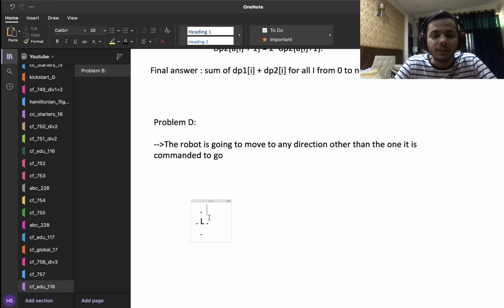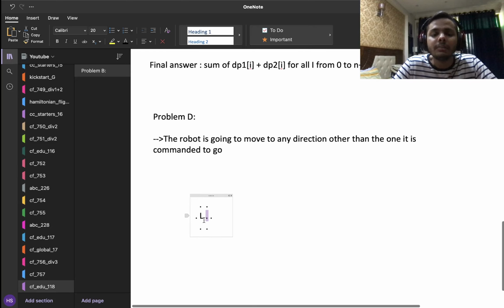Well, first of all, let's say that all the cells which are adjacent to this cell are also free. So these cells are also free. Now if I start from this cell and I give a command of going to the left, then obviously he will not go left. If I give the command to go up, then he can go anywhere. Like he can go left, but it is also possible for him to go down or right. So there is no guarantee, right? Similarly, if I give him any command, there is no guarantee that he will end up in the lab, right? So for this particular starting cell, the answer is going to be no.